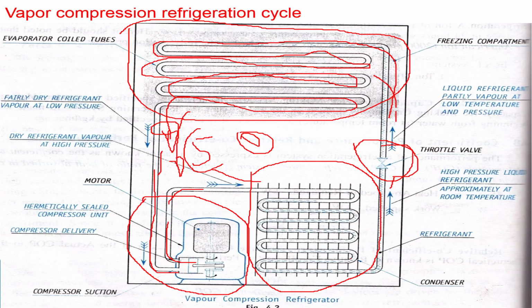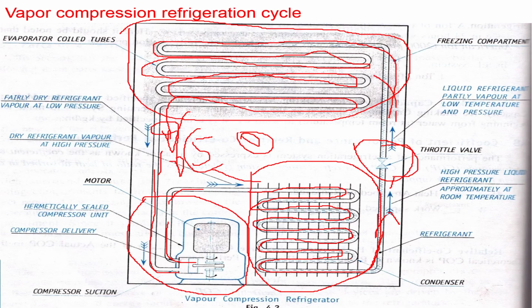For that purpose, this refrigerant vapor is taken into the compressor and compressed to increase the pressure. When pressure increases, automatically temperature also increases. Usually it will be around 90 degree or 80 degree Celsius. So the atmospheric is 30 degree. Then when passing through this condenser coil, it loses the heat to the atmospheric air and becomes a liquid. The liquid refrigerant comes out of the condenser. Okay. But the pressure remains the same.